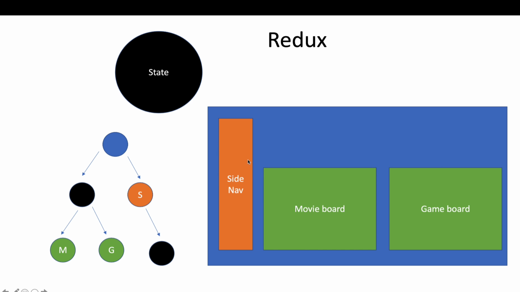Inside my side nav, which has nothing to do with either movie board or game board, I want to display the total number of movies liked by the user and the total number of games liked by the user. So there has to be some interaction between the side nav, the movie board and the game board. If you see the component structure, this is how it looks. You have your app.js, which is calling side nav, and it's also calling another component, a wrapper, which displays your movie board and game board. These two don't have any direct relation with each other. The way they are connected is through app.js, the common ancestor that they have, but they're not directly connected in any way.